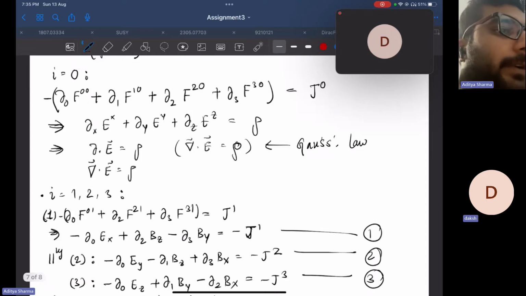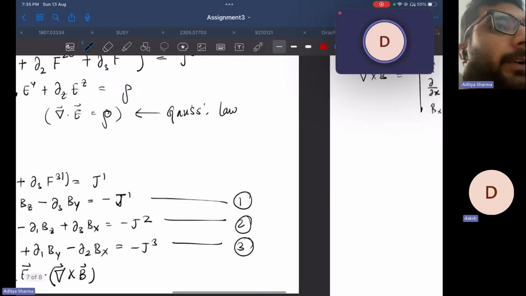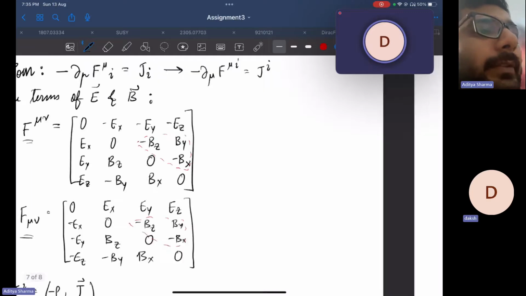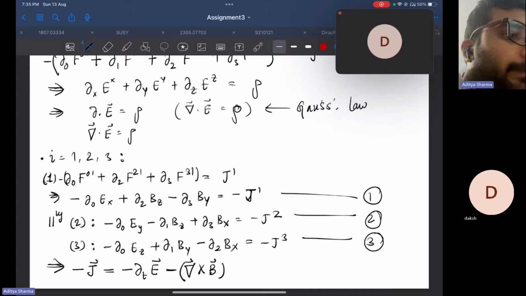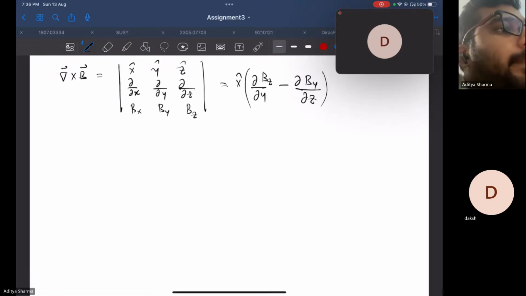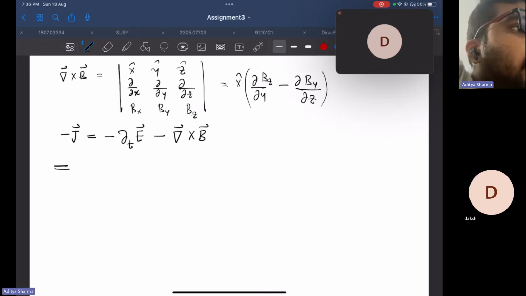So in the x part, D2 Bz minus D3 By. So this you are going to get as minus curl of B. Okay, I verified it. You realize that it is minus curl of B. So you have minus J vector is equal to minus del del t of E vector minus curl of B. So you will get curl of B as,